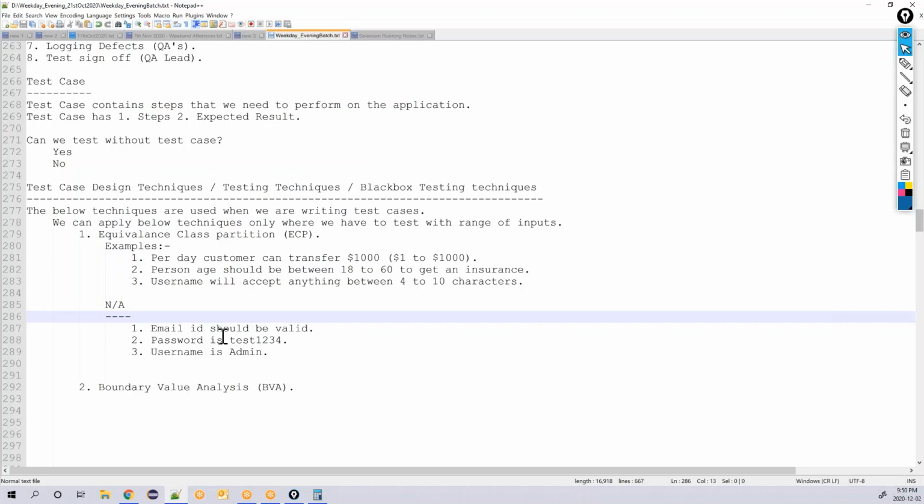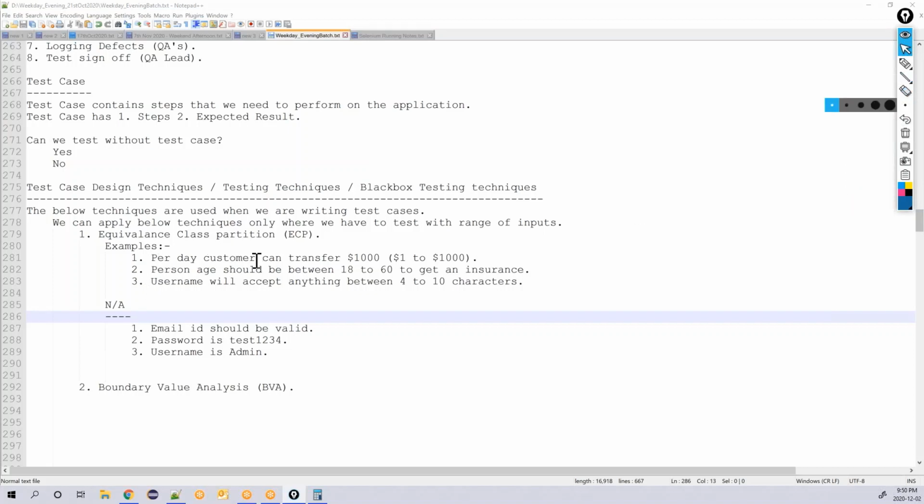So by keeping these things in mind, we have to come up with the equivalence class partition. There is a formula that we follow, and with that we need to apply equivalence class partition. So I'll take a few examples.